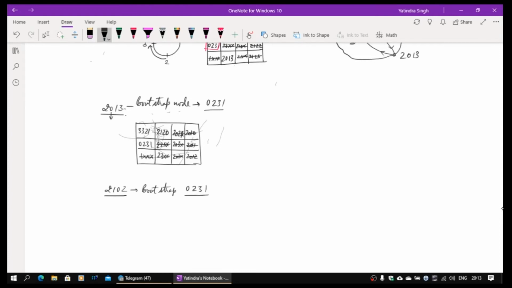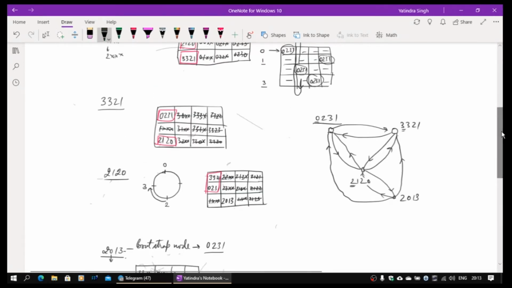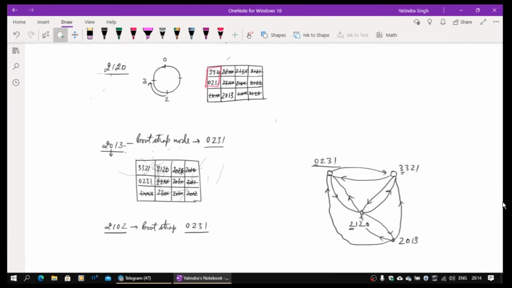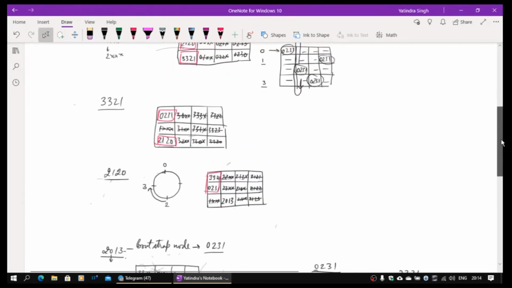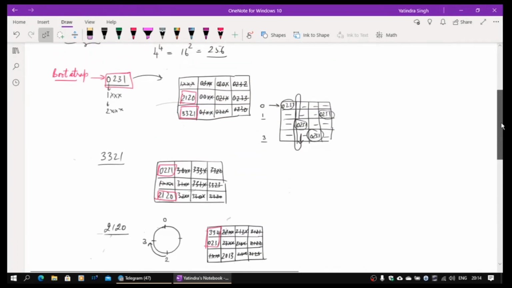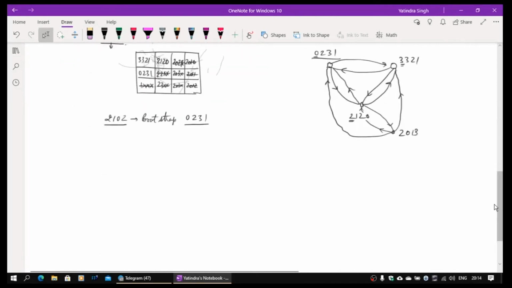Okay, now let me also put down this figure, this whole thing. So now once it goes to 0231, it will ask for, okay, where is my root node, search for it. So 2102 will be handed over to 2120. Okay, so 2120 and 3321 will be informed back. So the routing table has to come back actually. So routing table is going to come.